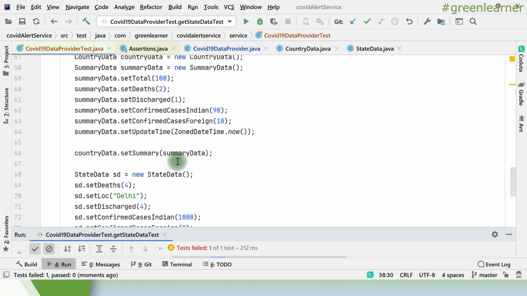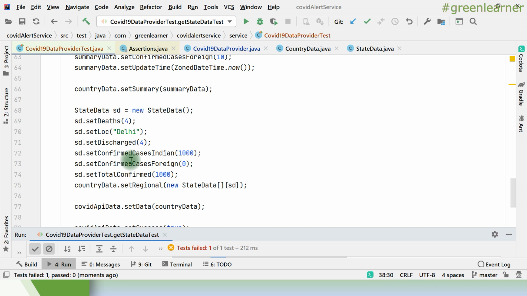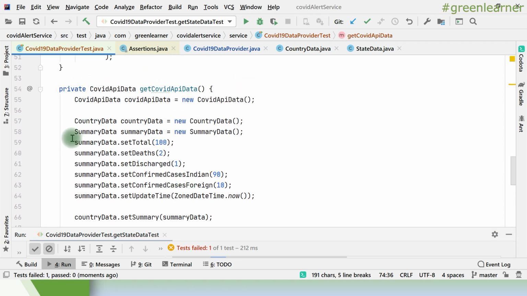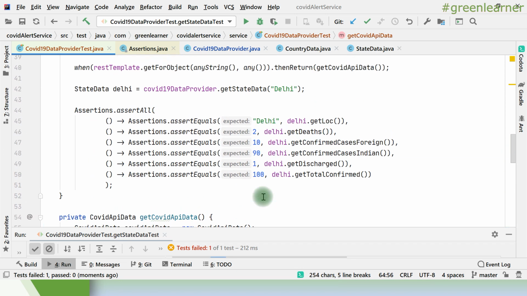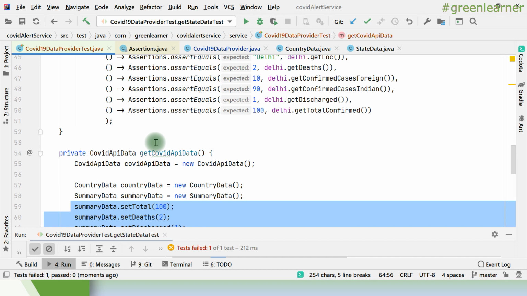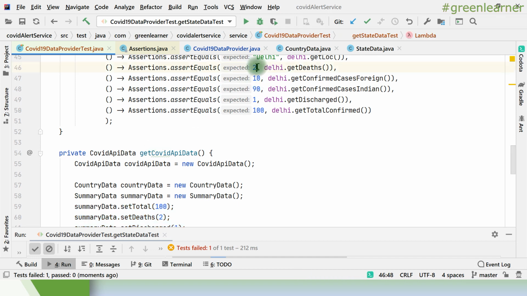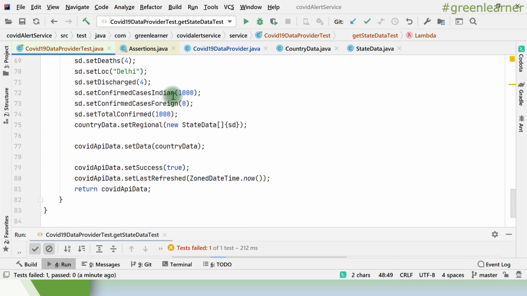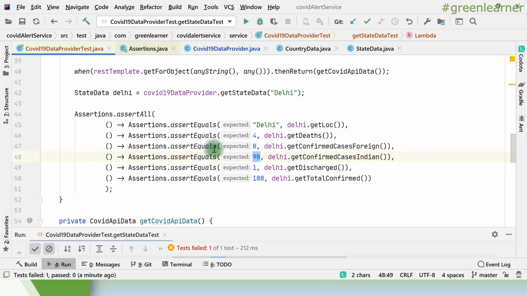Actually the problem is here, right? State data is here, but the thing that we compared is summary data. While writing this one, we wrote the summary data, but we had to write the state data. So we have 4 deaths, 0 foreign cases, and confirmed cases Indian we have 1000.